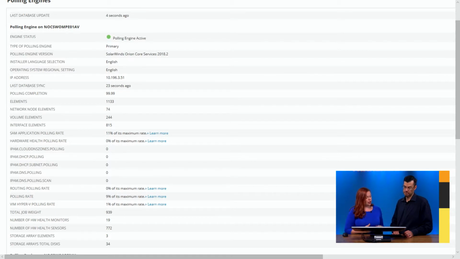Now, if we look in here and bring this across, we can see that this is at a 99.99 polling actual completion. We can see the elements. A lot of the times when people are asking about elements, I don't know how many I have, 3 devices. Well, depending on the product, there's a different way that we will actually license that. So when you look at the Network Performance Monitor, you want to come here and see the element count that you have, because you're wanting to see when do I need to break over and how can I alleviate the weight that's on that. And so for here, the total number is 1133, and then that gets broken down, network volume interface.